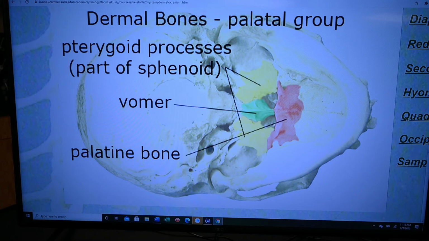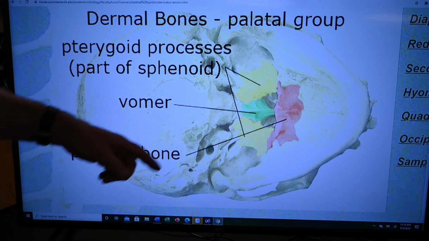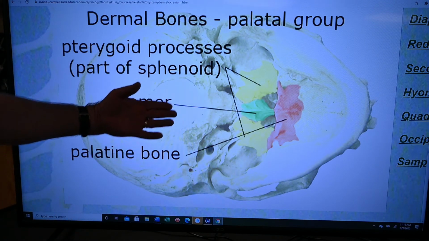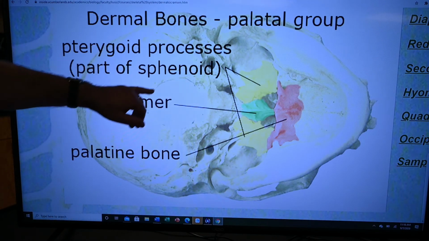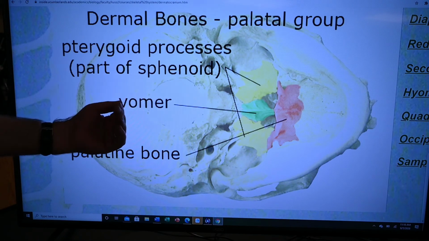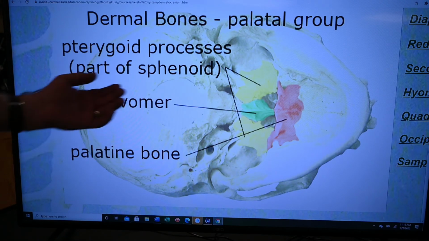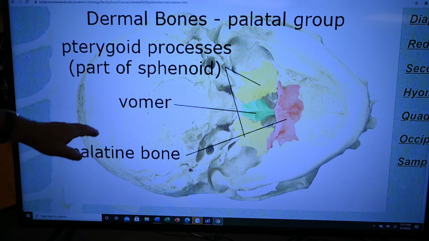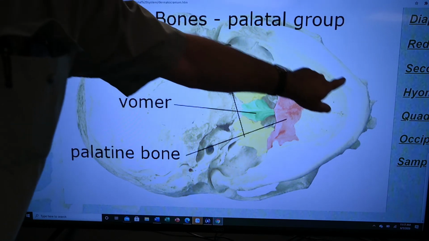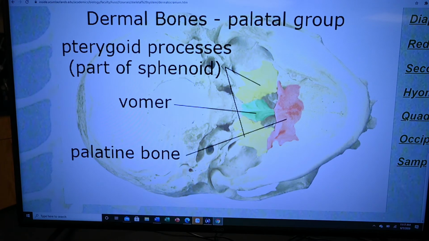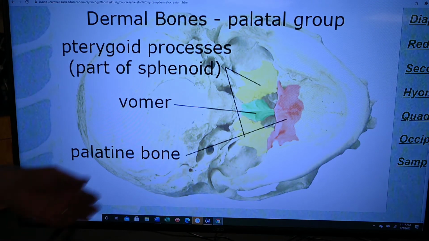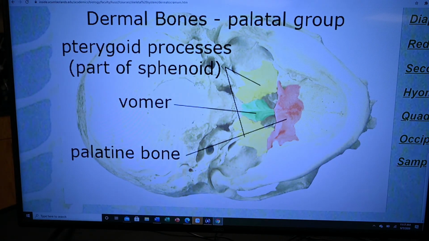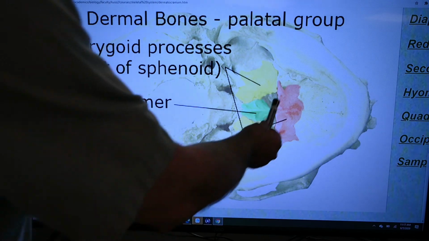Okay, in this image, I'm sorry, it's a little excessively bright, but this is looking at the skull from underneath. This would be the foramen magnum, where the spinal cord comes from, the base of the brain stem comes through from the floor of the brain. This is the back of the skull, the lower jaw, you can see the rim right across there. So we're looking up at the floor of the skull from beneath,